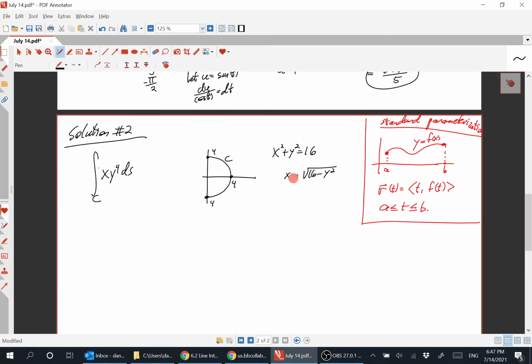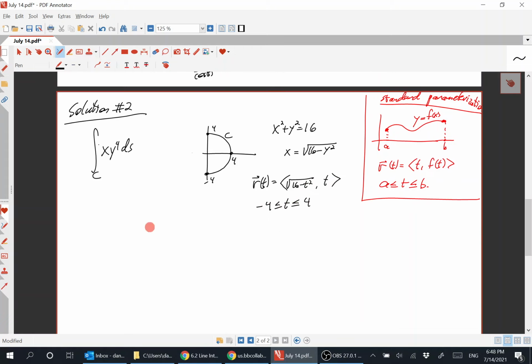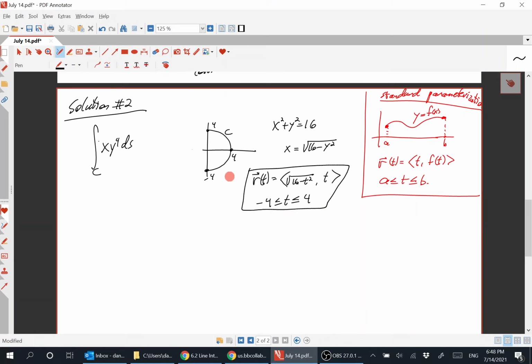Of course, this is a function x equals f of y, but same kind of idea. It's a minus 4, by the way. So this becomes r of t equal to the square root of 16 minus t squared, t, with minus 4 less than or equal to t less than or equal to 4. So this is r of t now. So r prime of t is equal to, well, the derivative of this is minus t over the square root of 16 minus t squared,